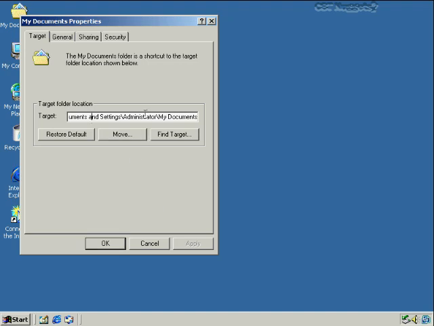Now, if this is kind of grayed out and it shows some path, elsewhere besides the default that you see here, chances are that you're in a corporate domain. And what can happen there is that the administrators can forcibly redirect these files. This is something we call a folder redirection, and that's where administrators want to forcibly take users' files and put them on a file server where, of course, they can back them up every night and run virus scans and so forth.